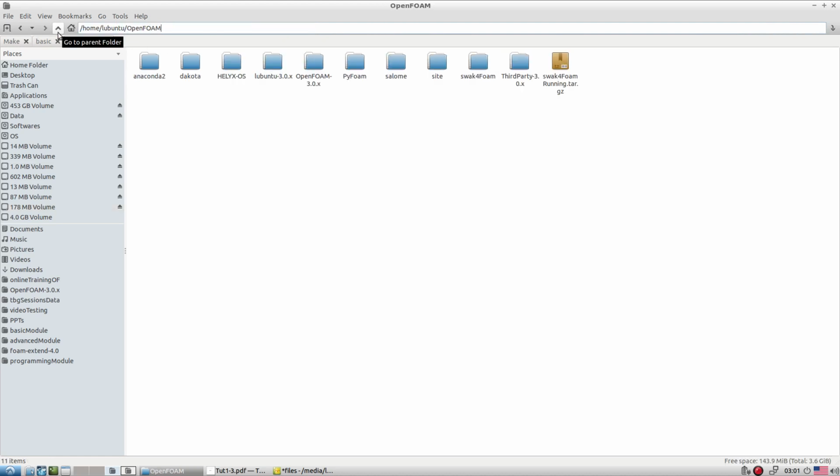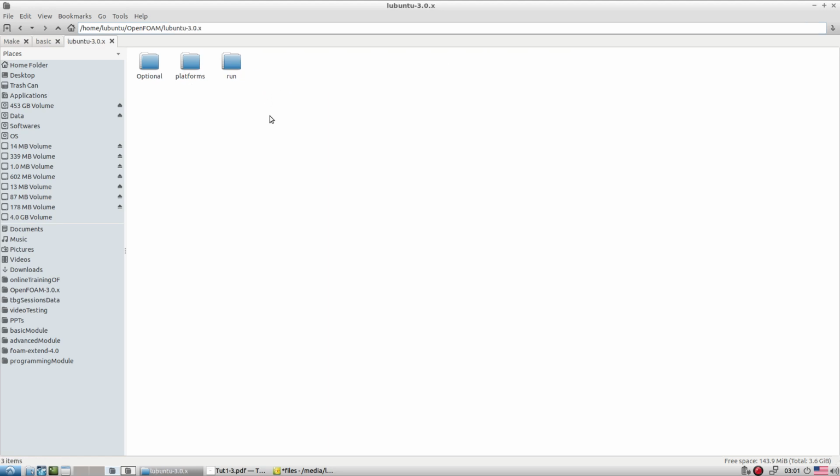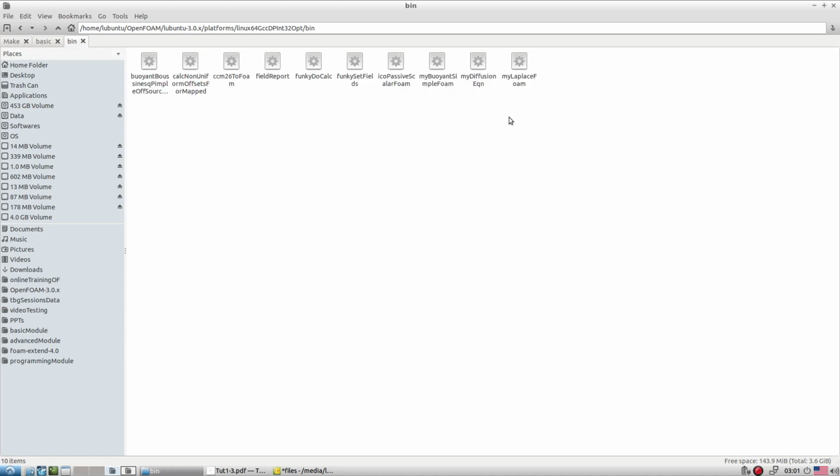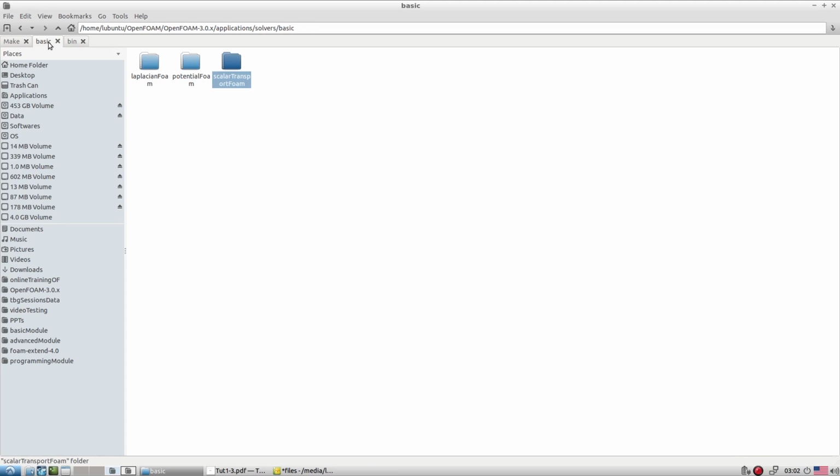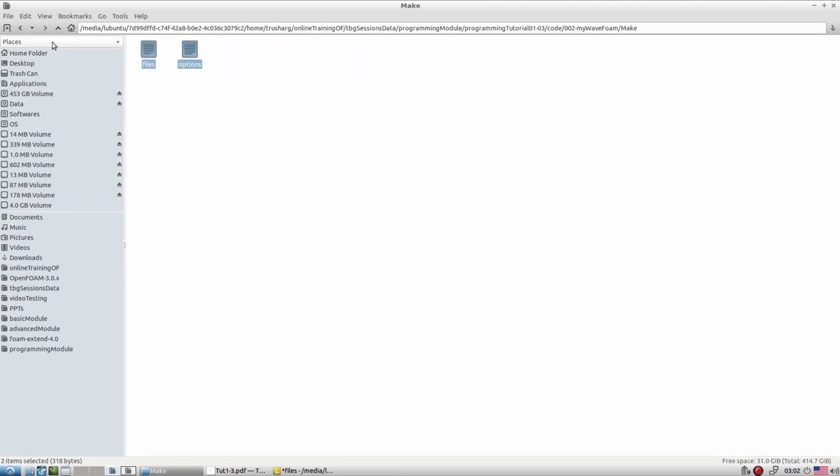So we are supposed to keep it inside the folder based on your login ID or your home folder name, with a dash extension of that particular OpenFOAM version. Inside that we have platforms, and inside the platforms you have bin and library files. Whatever we develop as an application goes in the bin. Like here we have my Laplacian form, and in a similar line we will get my waveform here. So we are supposed to have it at that location. Please remember that.